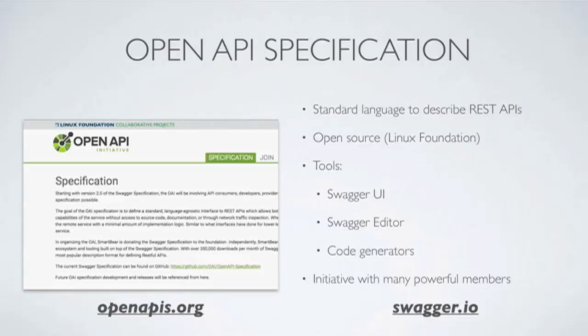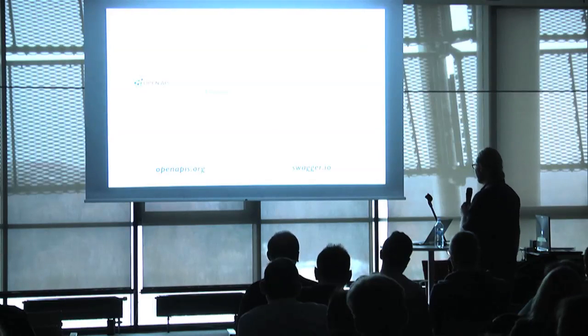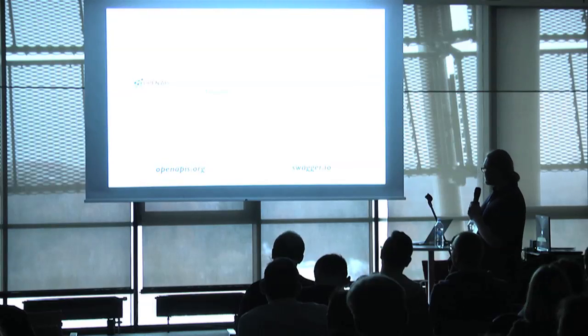The Swagger UI you already saw, that allows you to visualize and interact with the API. But there's also a tool called Swagger Editor, which allows you to describe your API before you even create it in the same language. And there are code generators, which, if you have a specification of an API written in this Open API spec, you can actually use that specification to generate some code for either a server or a client application. So this is an open source project.